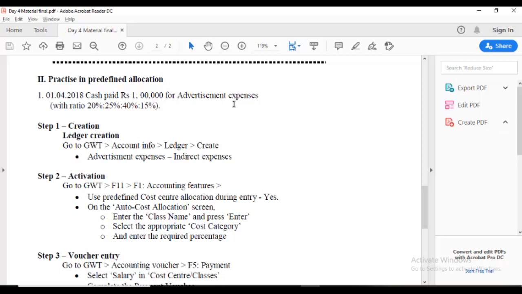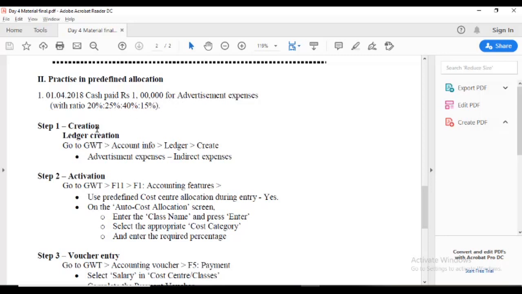So the first branch pays 20%, the second branch pays 25%, the third branch pays 40%. We fix it predefinedly. If any expenses, we use this feature.